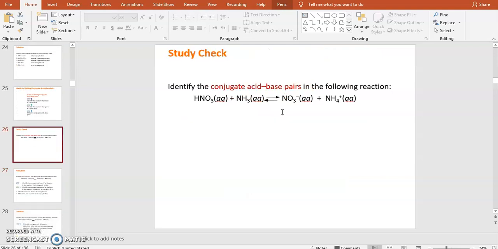Let's try to write the acid-base conjugate. So look here at this equation. You can see that this has an H, so this has a potential to give away hydrogen. So this would be the acid, and